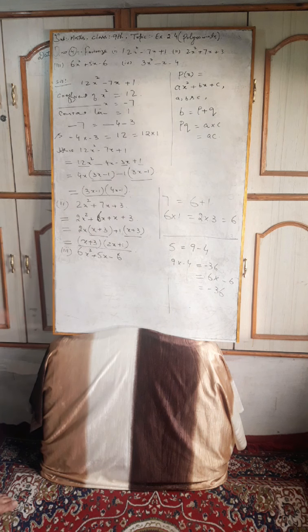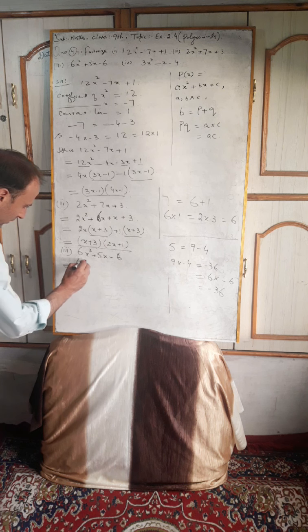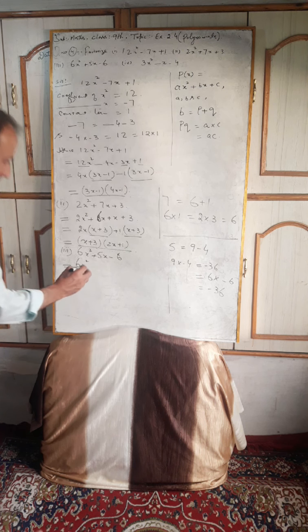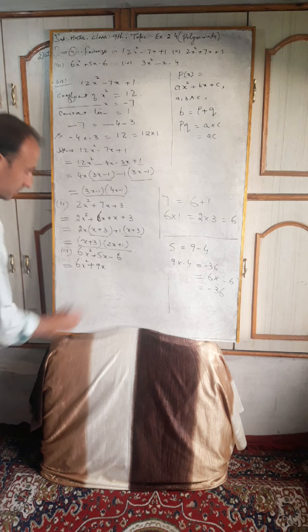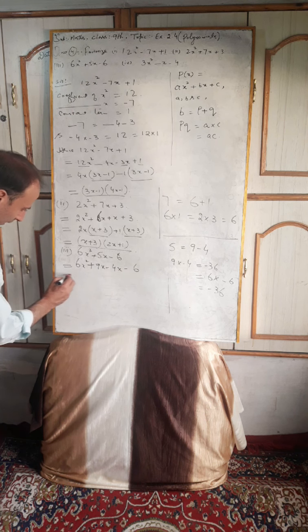In this way, the middle term can be split. It will be equal to 6x square plus 9x minus 4x minus 6, and it will be equal to